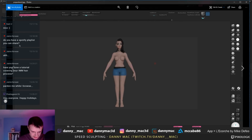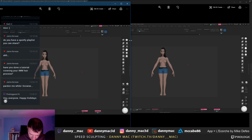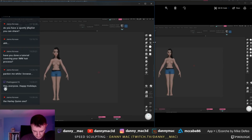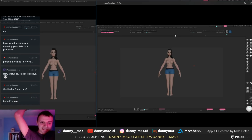Right, proportions number 2. Proportions number 1. Well. Do I think... The Harley Quinn one. Oh, yeah, the Harley Quinn one. I always get confused when people say that because I wasn't actually making Harley Quinn, but I used her as reference, didn't I? Forgot. But